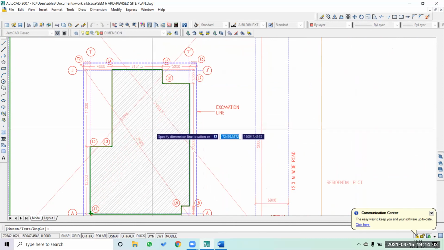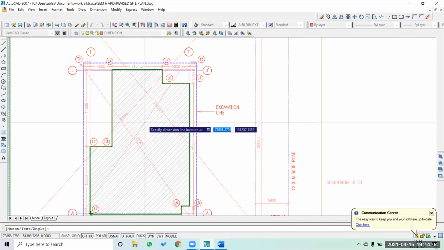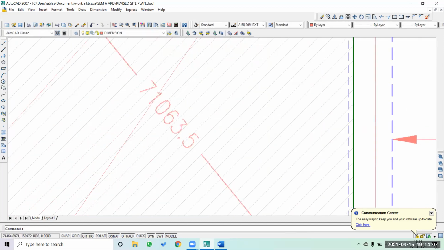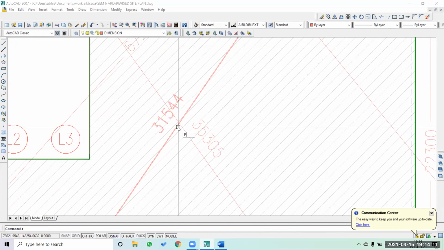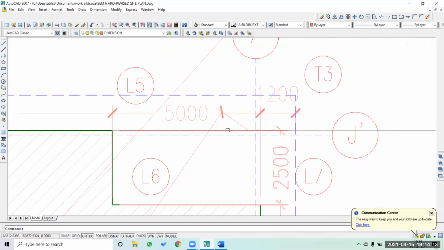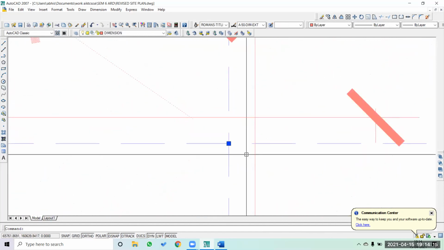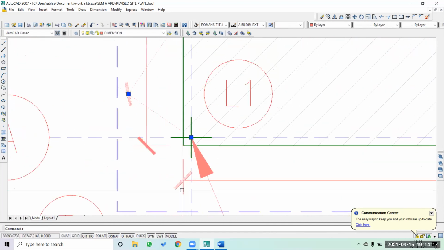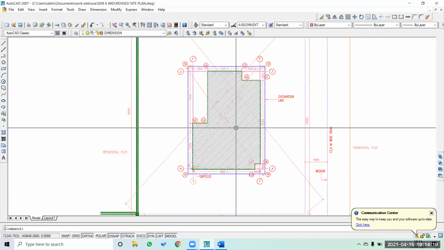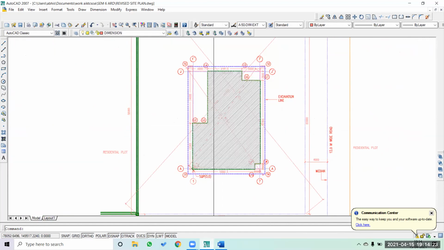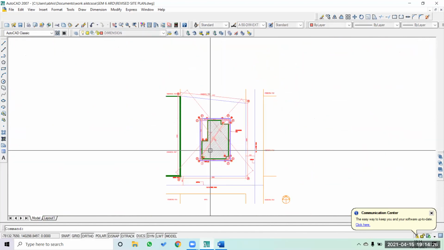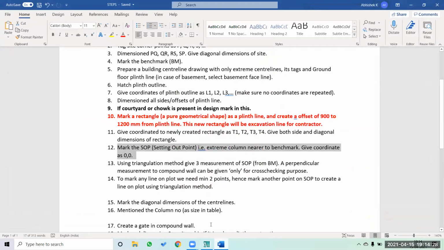That should not be an issue. So you got this particular dimension. Make sure that points are rightly intersected and there is no difference. So that is also done. I think I had missed that step of providing the diagonal dimensions of the center line.